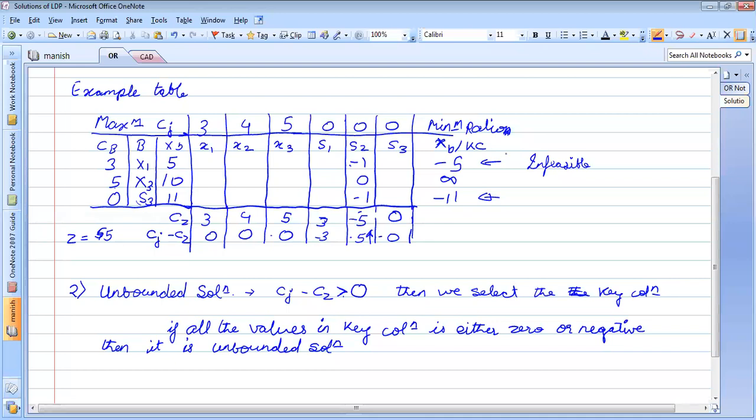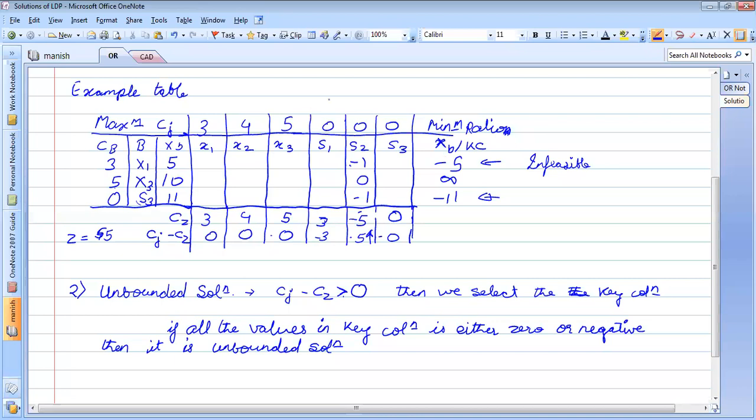Then it means that either the variable will be infeasible if I take this row or this row to be the key row.